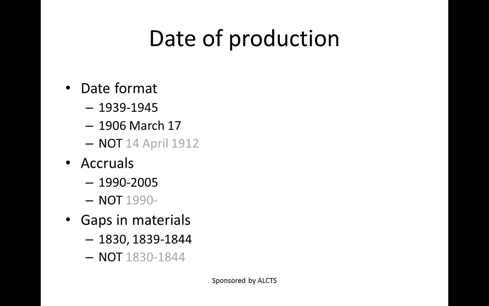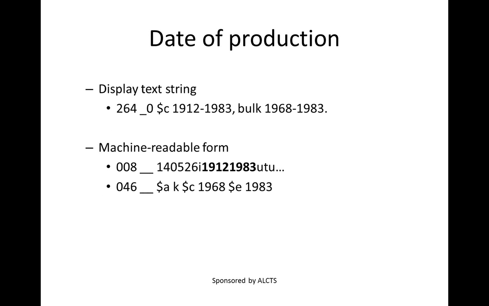Again, looking at how this plays out in our examples, we can see that using DACS with RDA can provide greater consistency in application. For example, DACS provides more specific guidance on single dates, recommending a year, month, day format. It also includes requirements to have a closed date span for a description, not leaving an open span as might be seen in serial records, as well as calling for the use of multiple date spans to describe materials that might have a gap in their content. Of course, these rules focus on the text strings available in the record and not on machine-readable information, as might be seen here on the slide in the 008 or 046 fields.